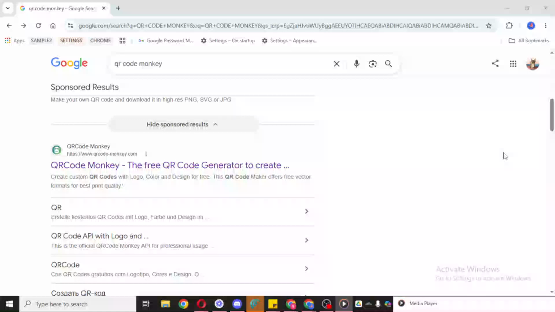In today's video, I'm going to teach you how to create a QR code for a GoDaddy domain. If you want to make it easier for people to visit your website without typing in the full web address, creating a QR code is a simple and effective solution. A QR code can be shared on printed materials, social media, presentations, product packaging, or anywhere you want people to scan and instantly open your site.